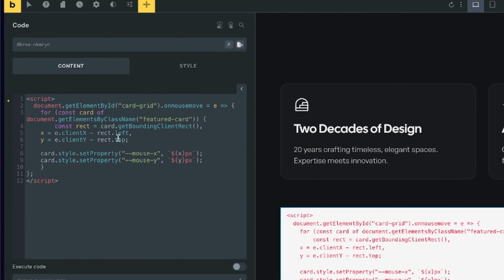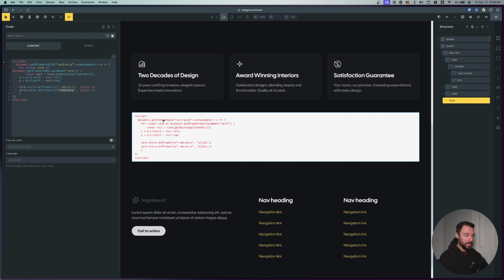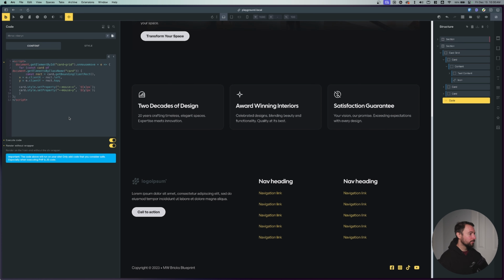And what this is going to do is this is going to say, look, find my element ID, so card grid, find my card grid and look for mouse movement within that card grid. And then look for the elements inside. This is looking for featured card. Our class for our cards is just card. So we're going to change that to card. Find those cards and then apply the X and Y axis to the mouse, the variable mouse X and the variable mouse Y. And it's doing that in pixels. So it's going to look for any movement inside of the grid, not the cards, but apply it within the cards themselves, basically. So we're going to go ahead and update this, execute, render without wrapper, save it,